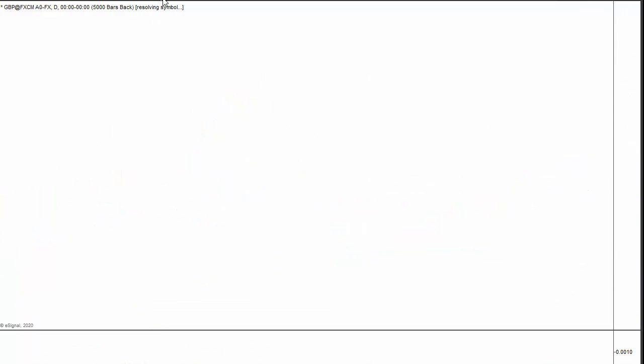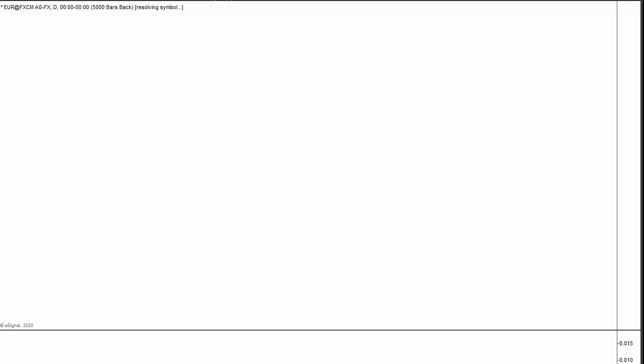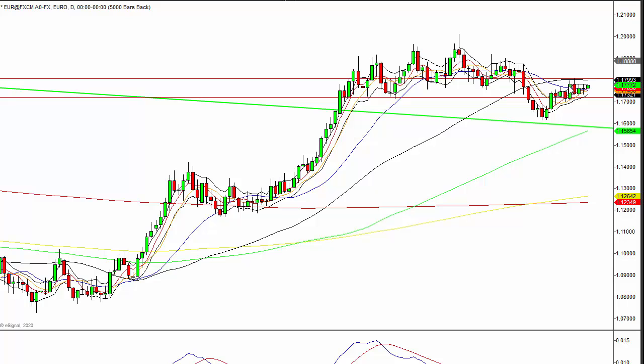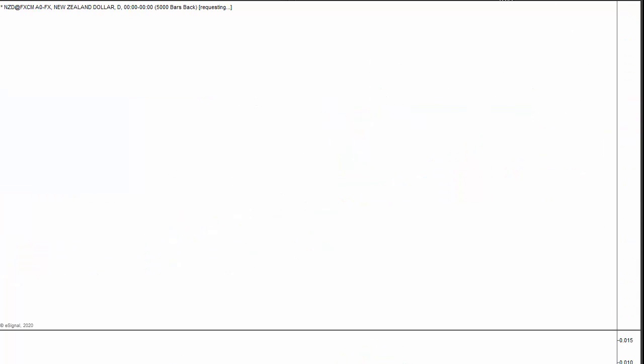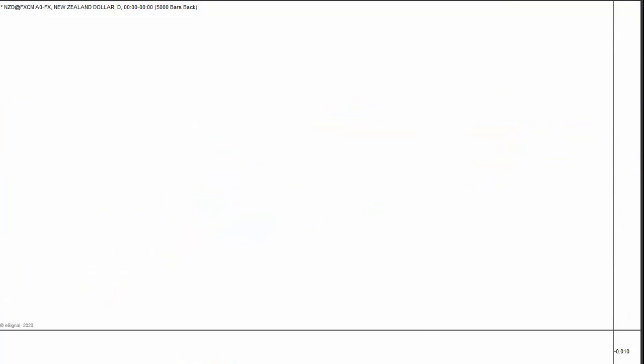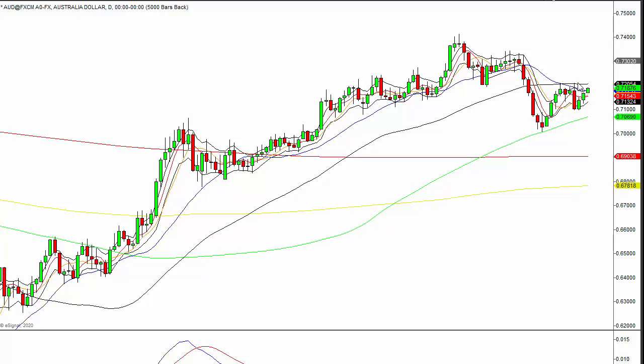Now the problem I have with these markets is that they're all below their daily 50s. The pound's got a little bit of a distance to go to get to its daily 50, but the euro is just sitting underneath its one, and the Kiwi is sitting below its one. So all these markets against the dollar are sitting below these daily 50s, and because we had these lovely seller candles earlier this week, it's sort of still making me think of these just retracements from this seller